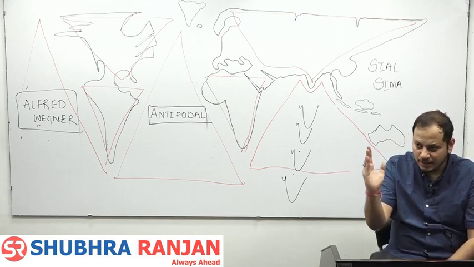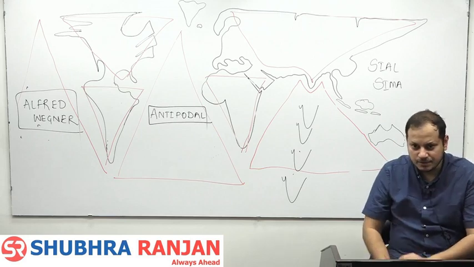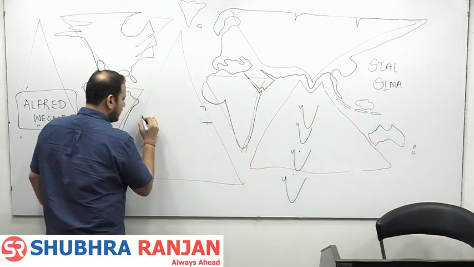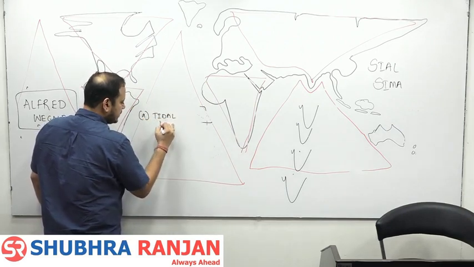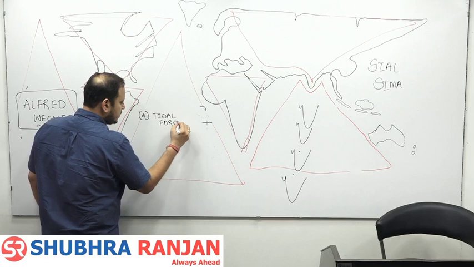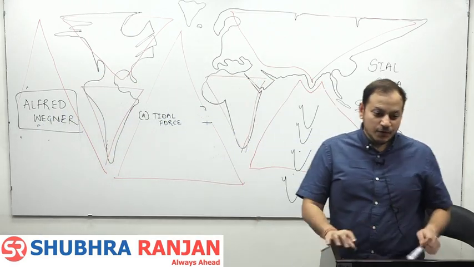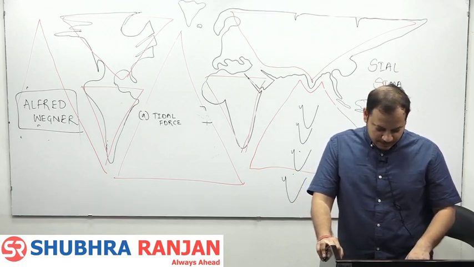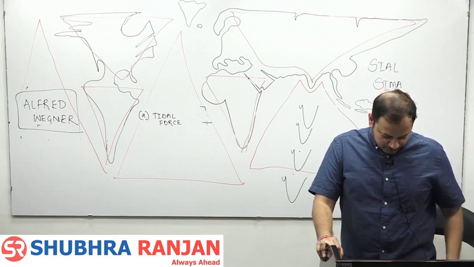So एक force है, what is causing the westward movement? Tidal force. Two forces which cause the drift. A, tidal force, which caused westward movement of the continents,